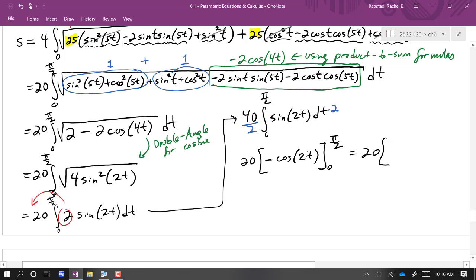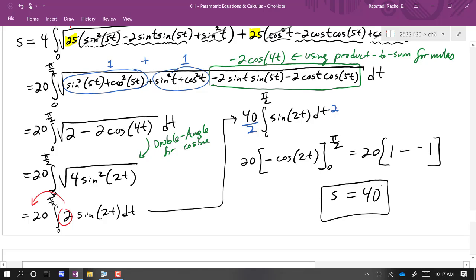Let's see, at pi over 2, we end up with minus cosine of pi, which is minus a negative 1, which is 1. At 0, we have minus cosine of 0, minus a negative cosine of 0, so minus a negative 1, and now that simplifies. 20 times 2 is 40. And there is our